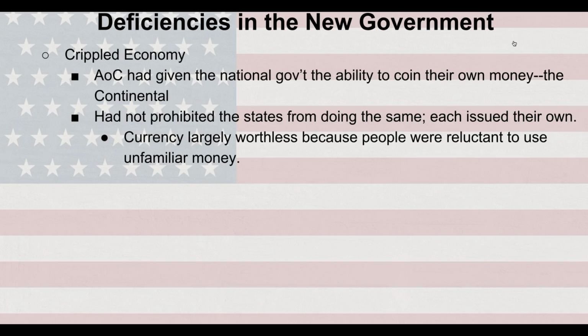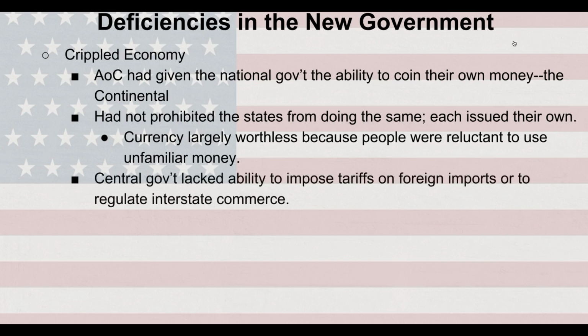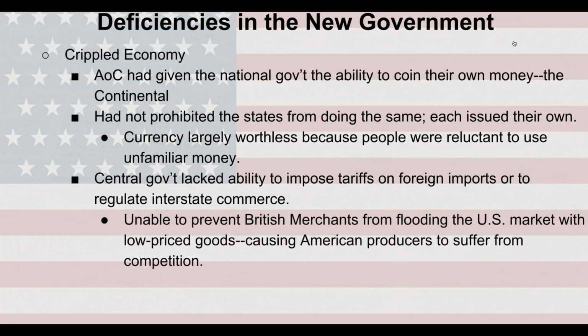It's going to really inhibit interstate commerce, and so it's going to have a significant effect on the economy. The central government also lacked the ability to impose tariffs on foreign imports or to regulate interstate commerce, and so they're unable to prevent British merchants from flooding the United States market with low-priced goods. And what this is going to do is it's going to cause American producers to suffer